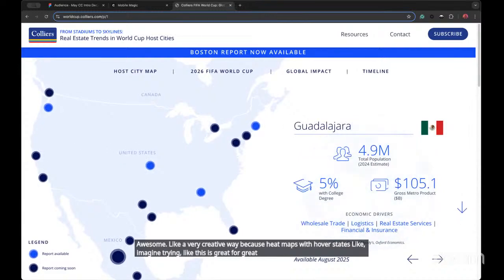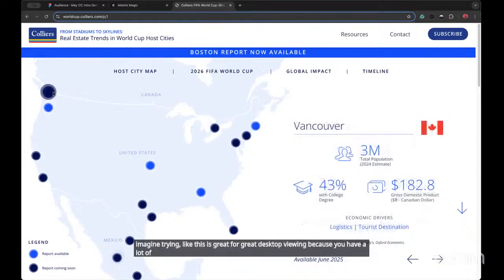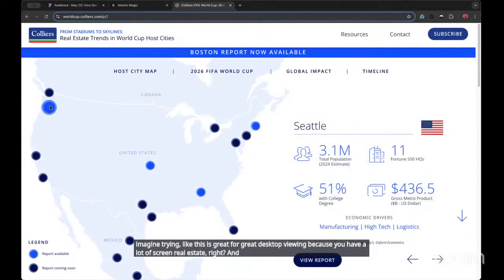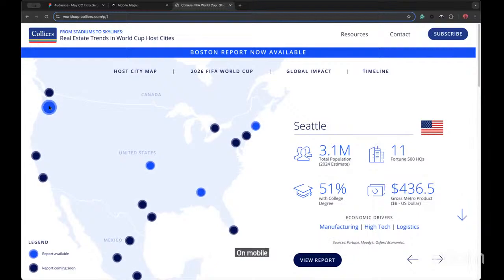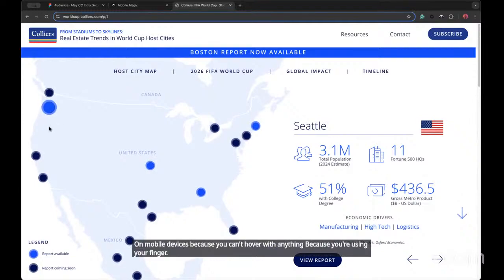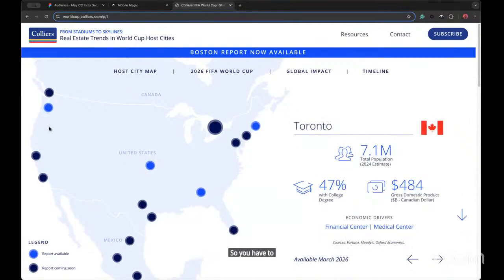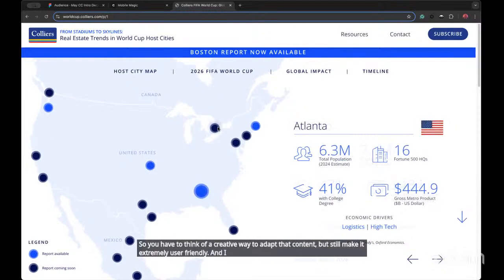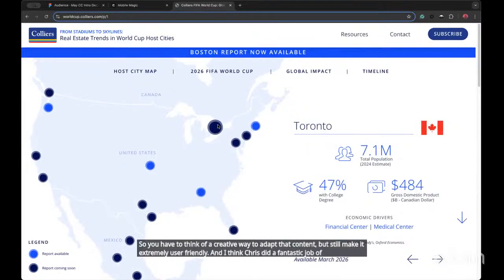desktop viewing because you have a lot of screen real estate, right? And hover states, as we know, don't necessarily work on mobile devices because you can't hover with anything because you're using your finger. So you'll have to think of a creative way to adapt that content, but still make it extremely user-friendly. And I think Chris did a fantastic job of doing just that with the drop-down menu, which we